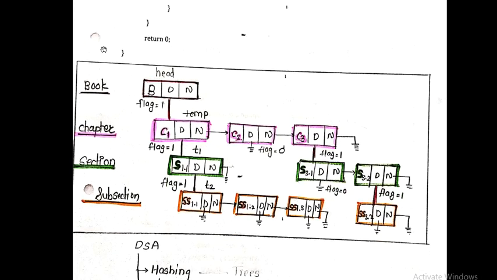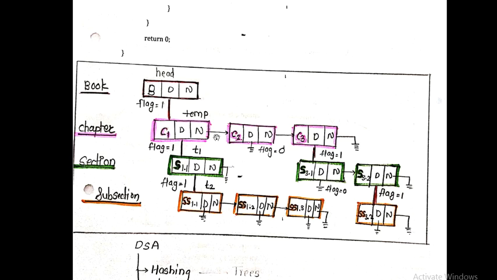So here you can see that how we are doing this. The head node is the book node, its flag is set to 1 means this book is available with some chapters. So chapters we are asking C1, C2, C3. So the 3 chapters are there, and we are accessing this chapter by using what? Temp. Book is accessed by using the head. This linked list of chapter will get accessed by the temp, right? So C1 of flag, the flag of this C1 as a 1 means this chapter is having some sections, right?